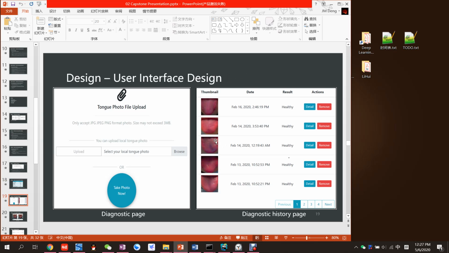Okay, in the user interface design, I will display how patients take a diagnosis and how to check diagnosis records. The left picture is the diagnostic page. Patients can upload the tongue photo or they can take a photo from the application. The right picture is a diagnostic history page. Patients can check the detail by clicking the detail button of the selected record, or they can